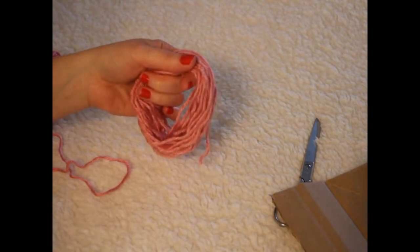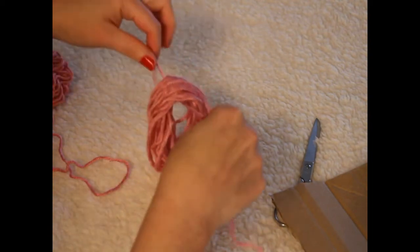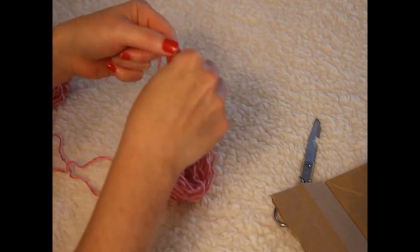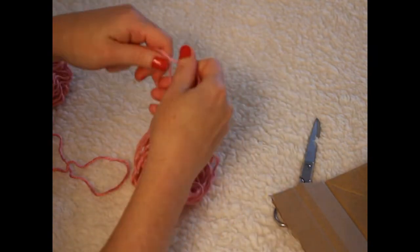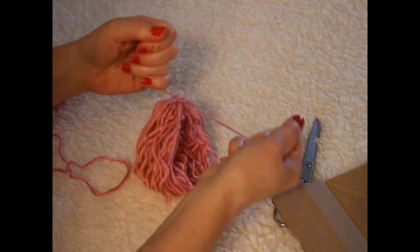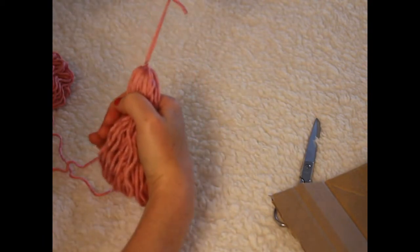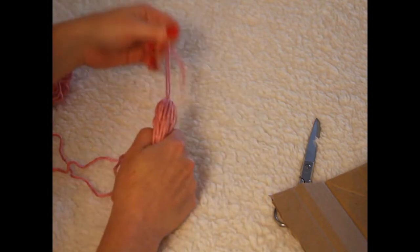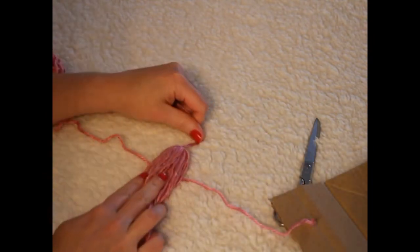And what you're going to do is take one strand and place it through the middle, and just tie your yarn like so. I'm going to make a few knots like this, and these are the strands, so make sure you keep those like this, and these are the strands that I'm going to use to tie onto my wrap. Then I'm going to take my other strand and pull it like this, put it down, and then place your tassel